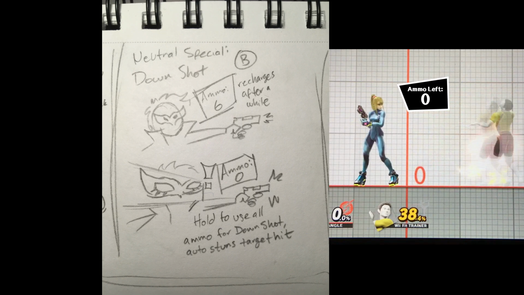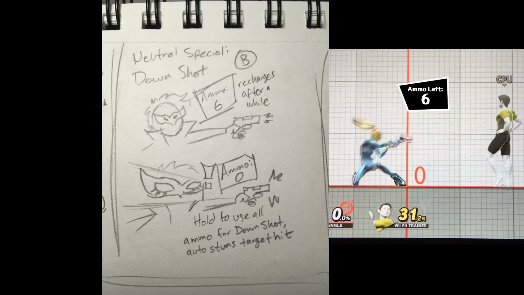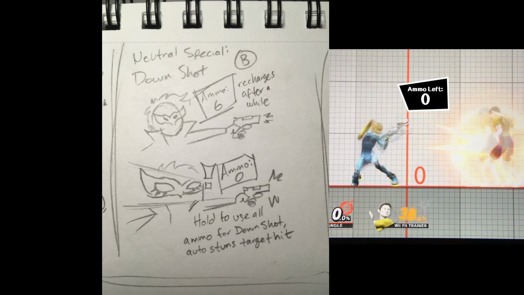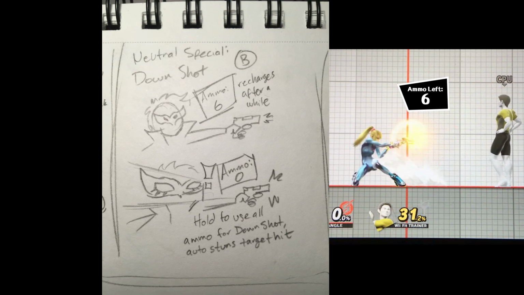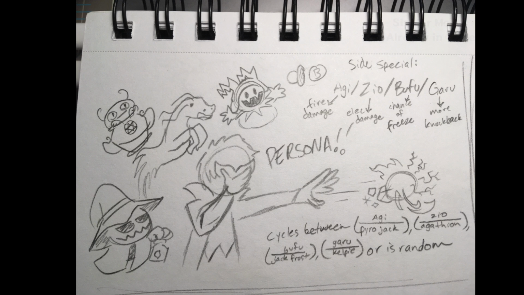This could be included by holding down the B button instead of simply pressing it. It would use up all your remaining bullets to power up the shot, getting stronger as more bullets are used. If you fired up this power shot with all 6 bullets, however, it could do something like instantly stunning the target, like what would happen in the game. I feel like this is pretty fair since it would be kinda hard to hit since it's a tiny bullet. Moving on, his side special could be, stick with me now,